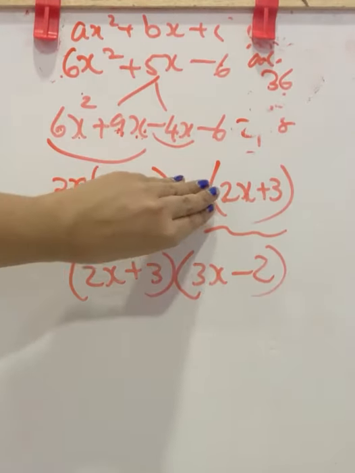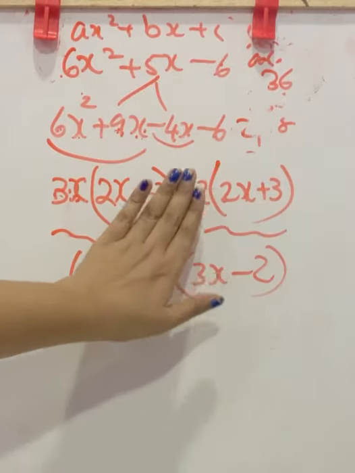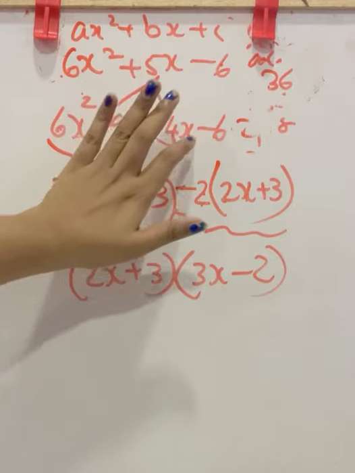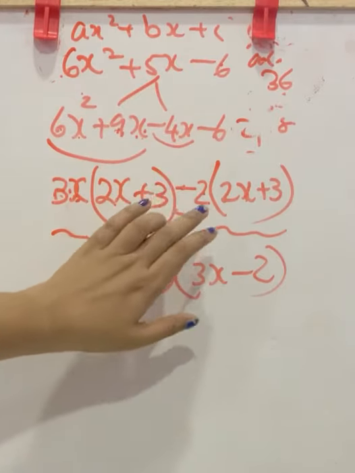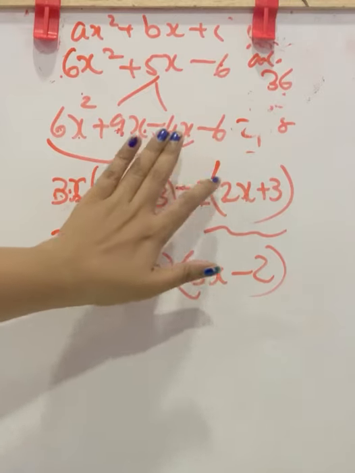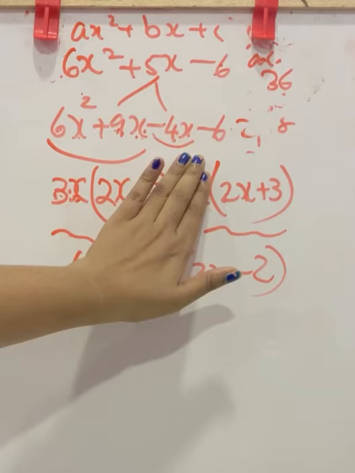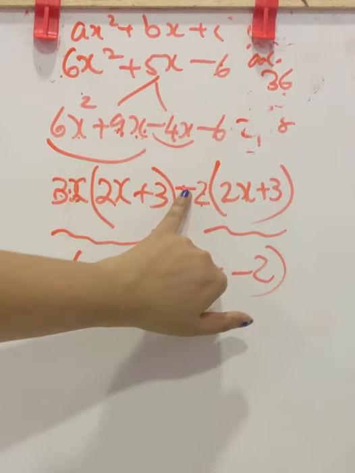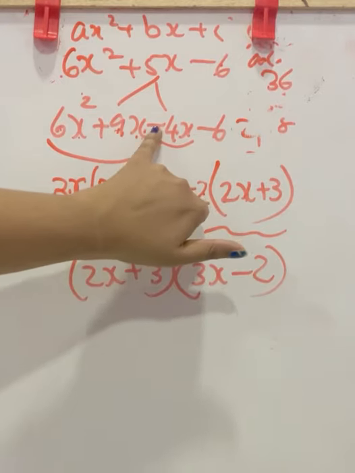Always check if there is a missing term while writing this bracket first. Then dash into this term, you want to get the third term. Then it will be easier to write the term here. Here it was 2x, you need minus 4x. You know 2 into 2x is 4x, and here it is positive and the result was negative, so you want to multiply it with a negative. Then only negative into positive you get the result as negative.